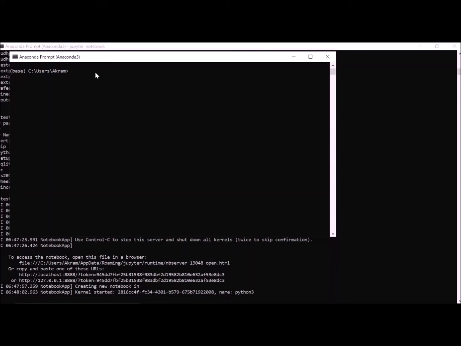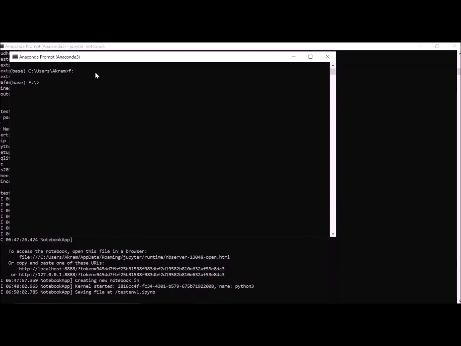So first of all I will change directory, cd. Then conda activate test env1, only to check what changes I am doing in that particular environment.